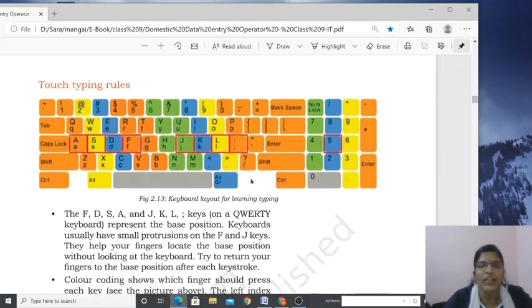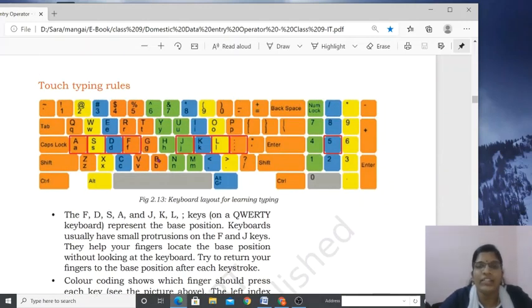The first one, you have to keep your fingers on the base keys. Which has two keys with tangible lines, which are F and J, to make you understand your fingers are on the right keys. Then whenever you move to the upper row or to the bottom row, again you have to bring your fingers back to the home keys itself, base keys itself. That is the first rule. Okay, then what is the second rule?